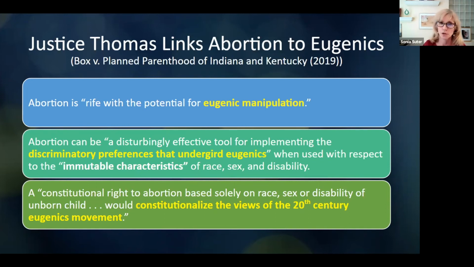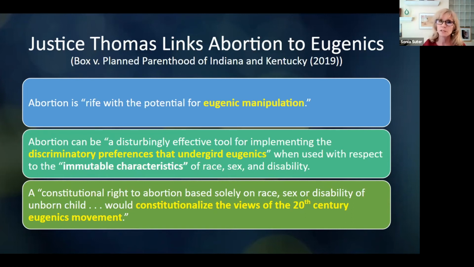The Seventh Circuit Court of Appeals, which is just below the Supreme Court, found that the law was unconstitutional. Indiana appealed, asking the Supreme Court to consider the issue. The Supreme Court refused to take up that issue. Justice Thomas wrote a concurring opinion essentially to say, okay, I agree that we shouldn't take up that issue at this point, but he wanted to emphasize why he thought that the court should consider the issue in the future.